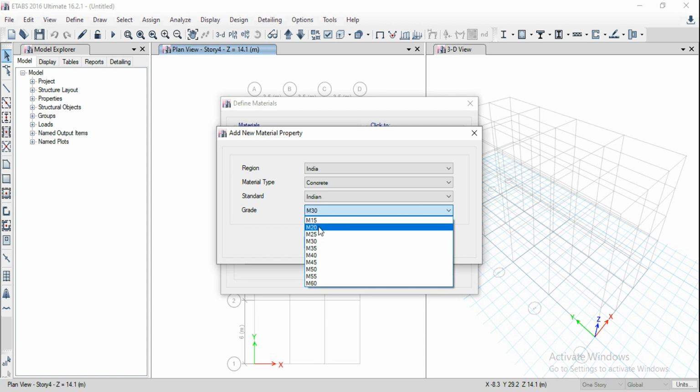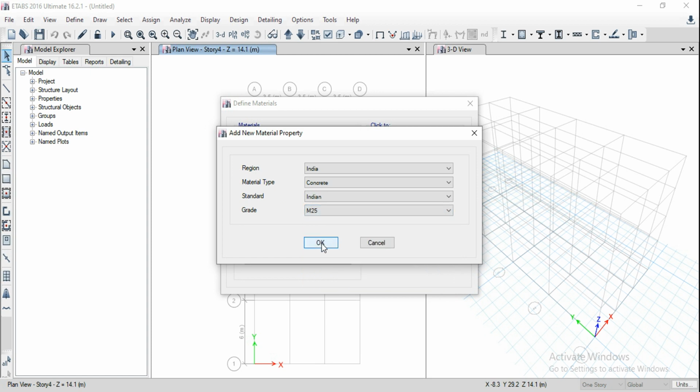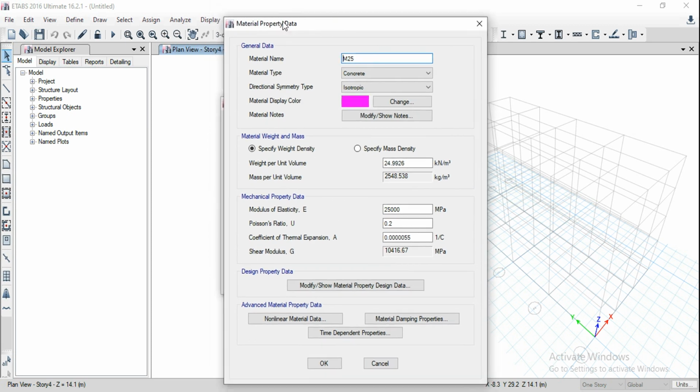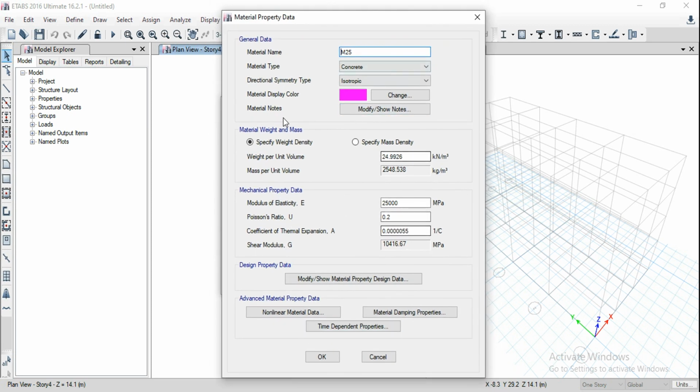For example, if I want to use M25, just click on M25 and OK, and we'll be getting the material property data like this. So we can edit all these parameters here. It is asking for grade, and material type is obviously concrete, and directional symmetry type is isotropic. Isotropic means all sides will be equal here.